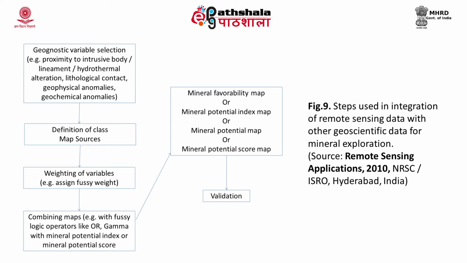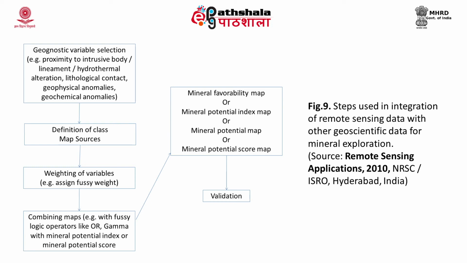Those information we can select, we can categorize, then we can prepare the different class map sources we can develop. Then whatever variable parameters we have, depending upon the class, we can give weightage to these different variables. There are different methods; you can assign fuzzy weight to these different variables. Then the next step will be combining maps, for example with the fuzzy logical operator like OR or gamma,